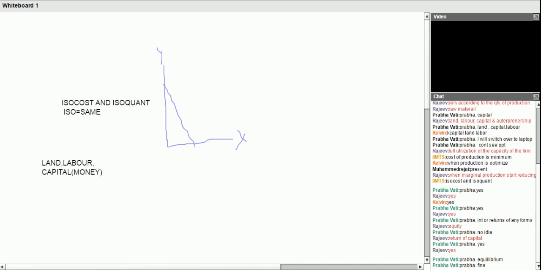So now, this is isocost. This line is the line of isocost. This is a line which is showing us the cost of